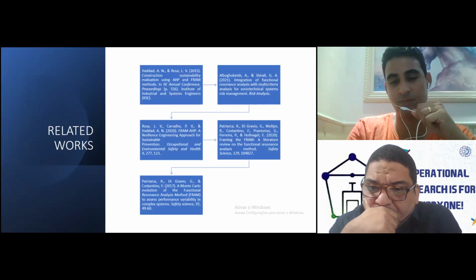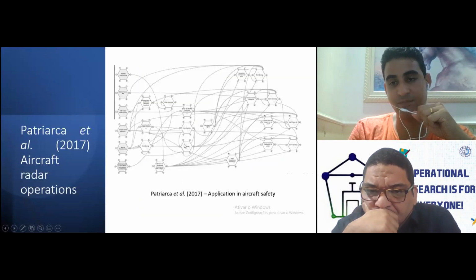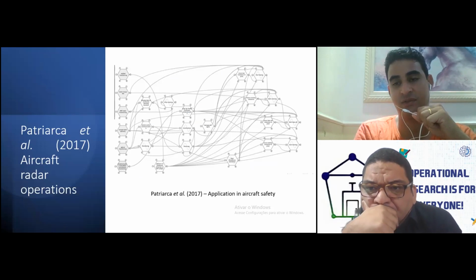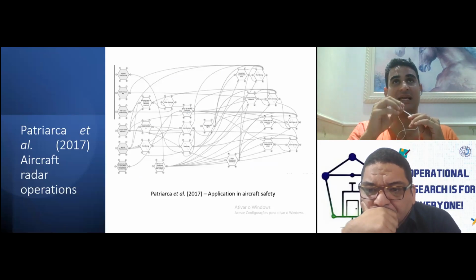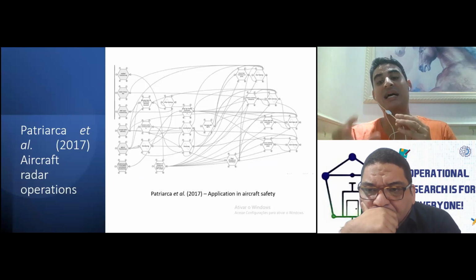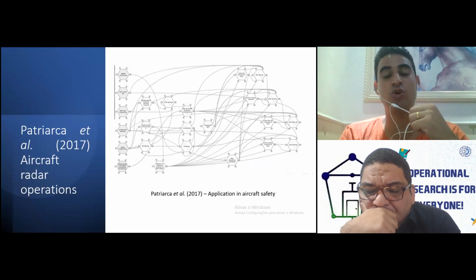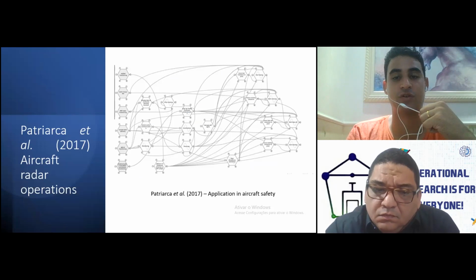This 2017 paper used this Fram drawing for an aircraft radar operation, which is very repetitive work, where each one of the tasks impacts the others, and they wanted to use Monte Carlo assessment to double check the risks, to quantify the risks more. So it's a very interesting approach also.